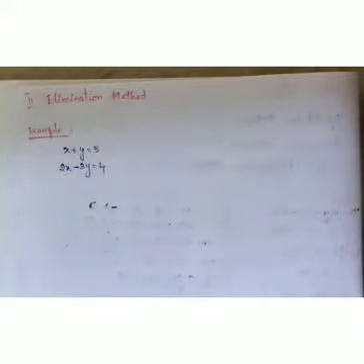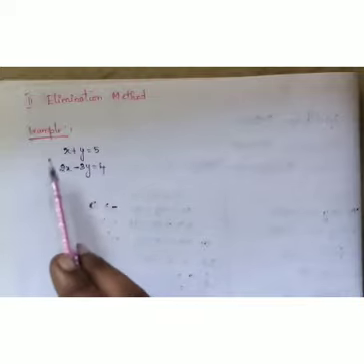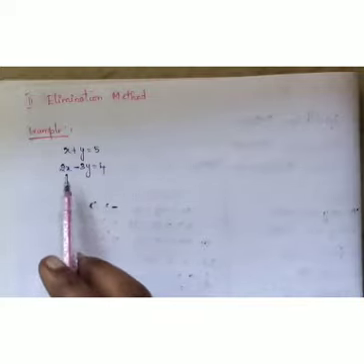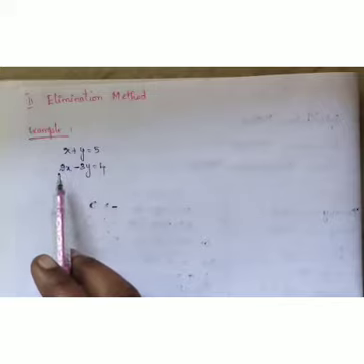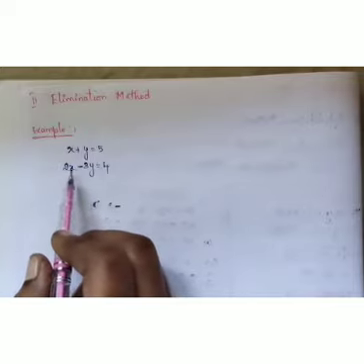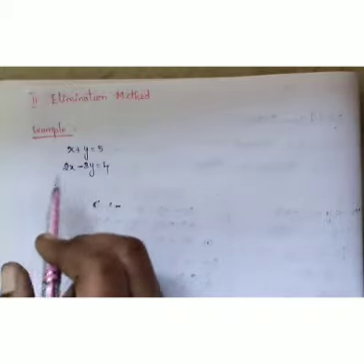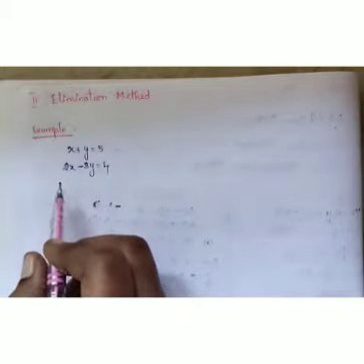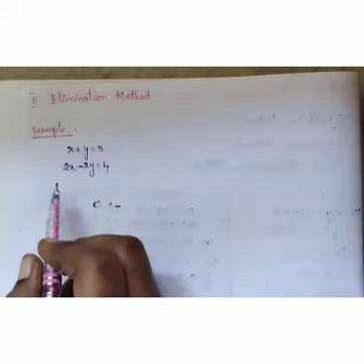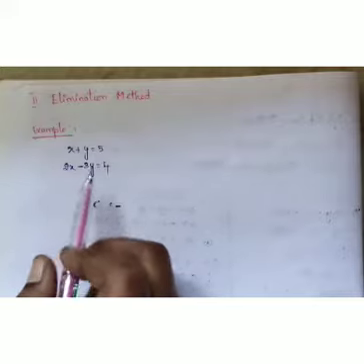Now see, we have to check the coefficients of x or the coefficients of y, whether both the coefficients are equal or not. We have to do either addition or subtraction here. First we have to check whether the coefficient of either x or y is the same in both the equations or not. If it is not equal, then we first have to equalize the coefficient of any one of x or y, and then go for addition or subtraction according to the sign.